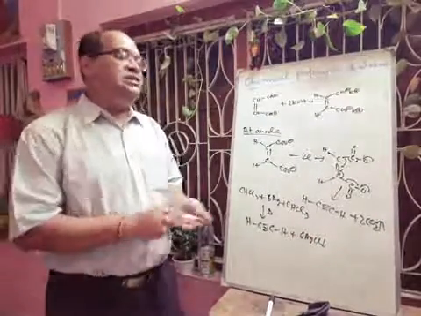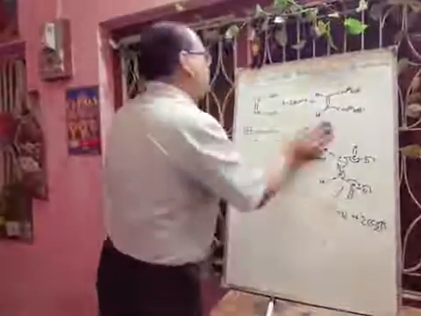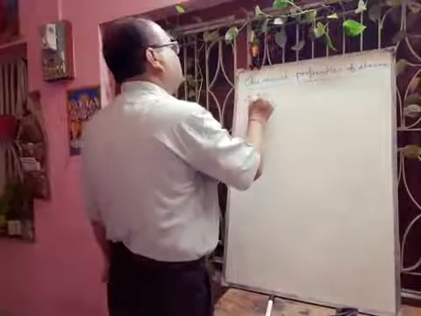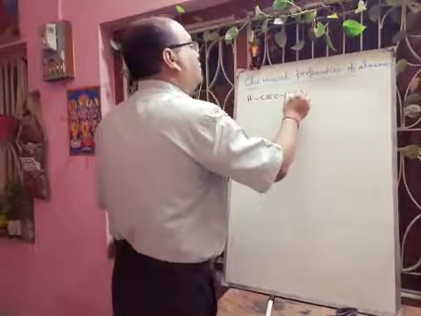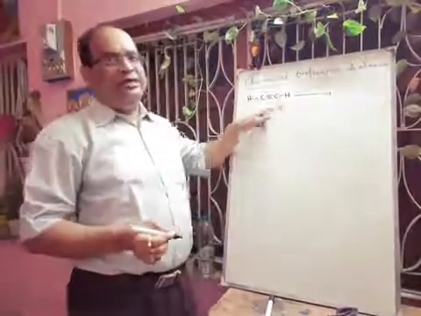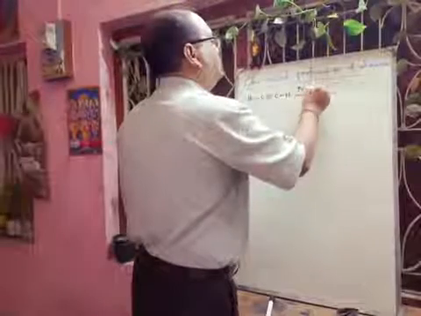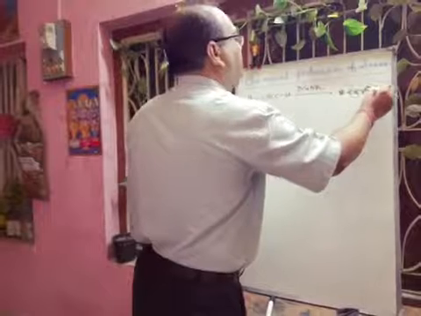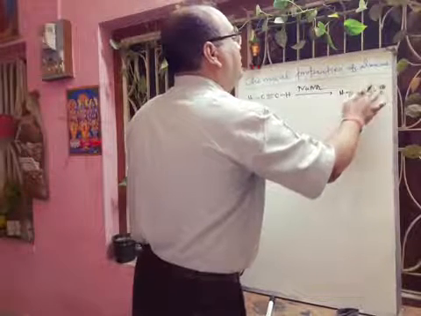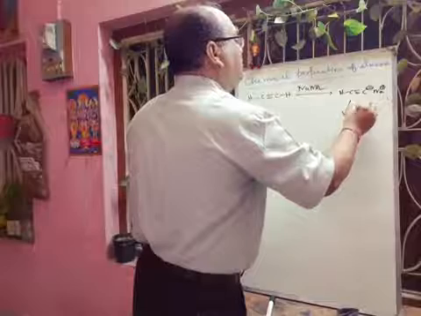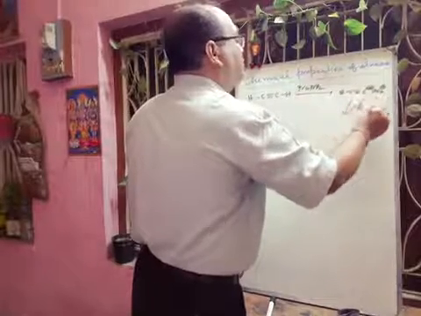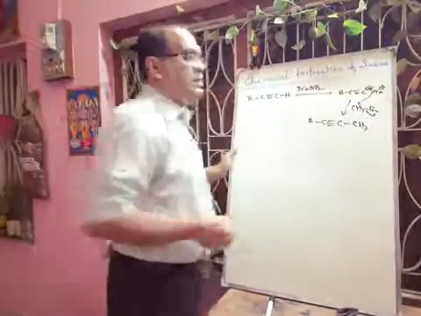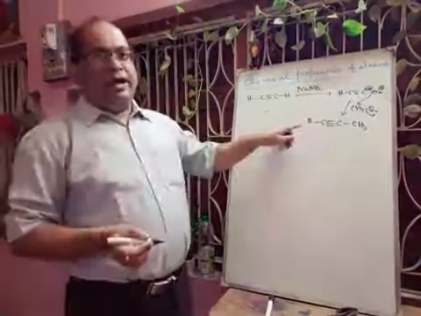Next one is the synthesis of higher alkynes. We know that acetylene hydrogens are acidic in nature. So here if we add any base like sodamide, then it will abstract this proton and form an anion like this. Then if we give here methyl bromide, then there will be SN2 attack and one side will be methylated. So we are getting the higher alkynes.